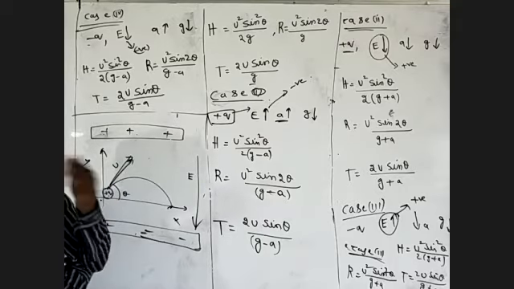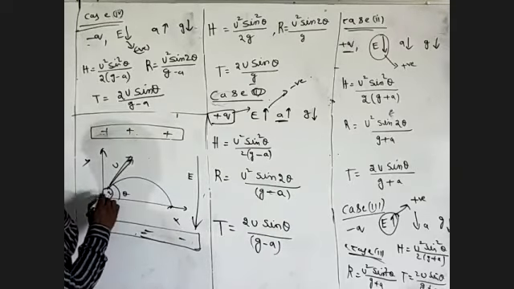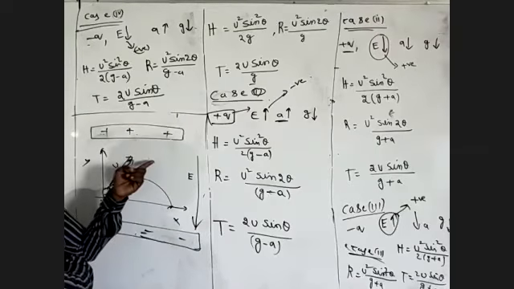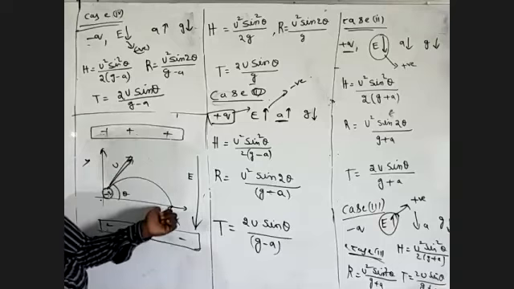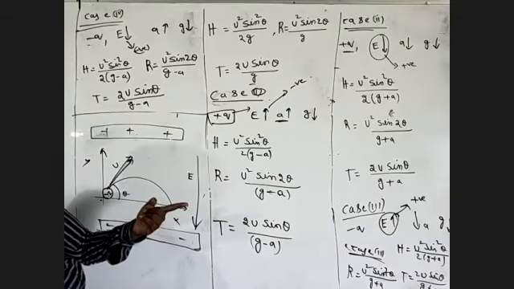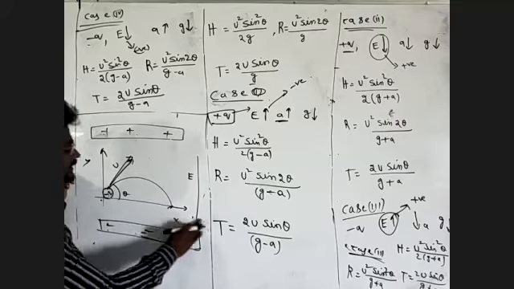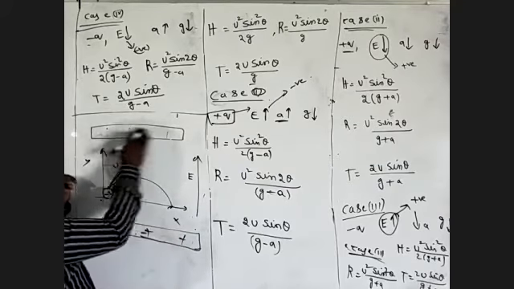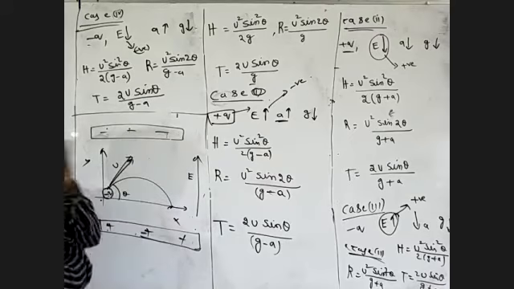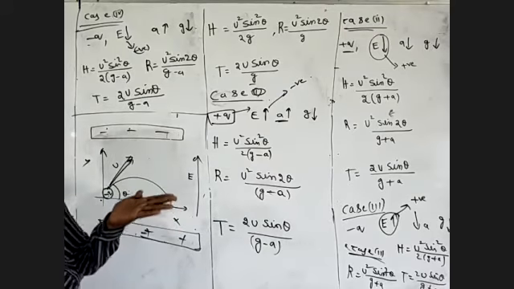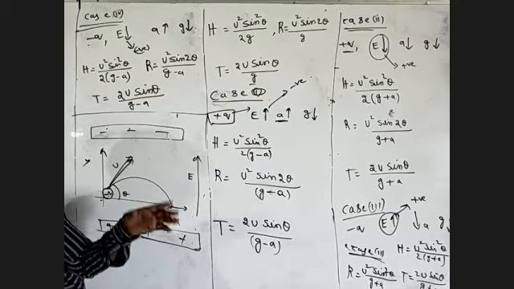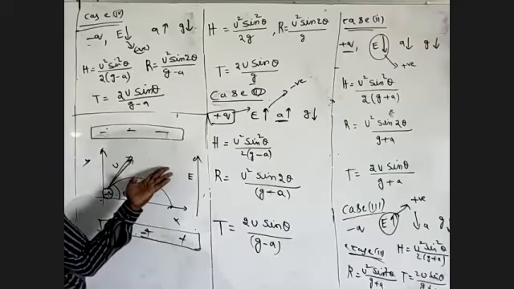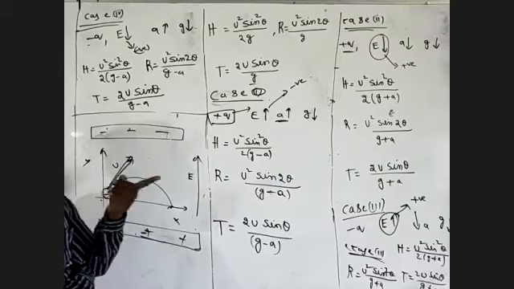Next, case number 3. I'm taking a negative charged particle. The negative charged particle is projected into space with a velocity u, making an angle theta with the horizontal direction, but the direction of the electric field is upward. The acceleration due to gravity is always vertically downward. For the negative charge, what is the acceleration of the charged particle?